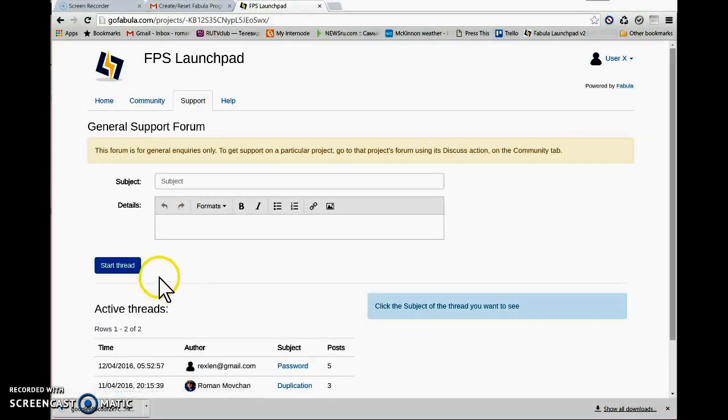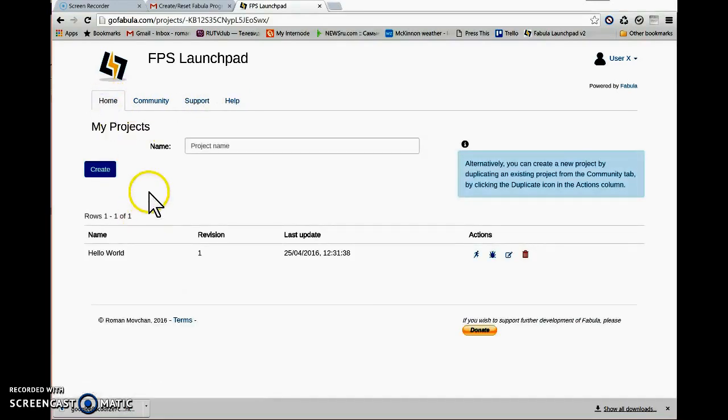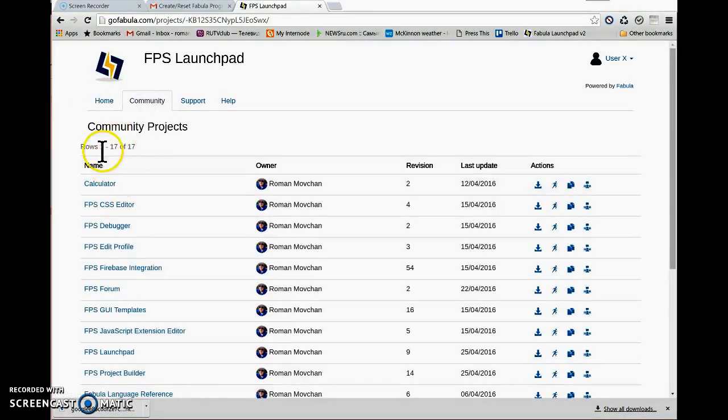On this tab, General Support Forum. Now, the first project we created manually. Now I want to use another option, which is described here, and is duplicating an existing public project. So let's say we want to duplicate a project called calculator. For this we click the duplicate action,